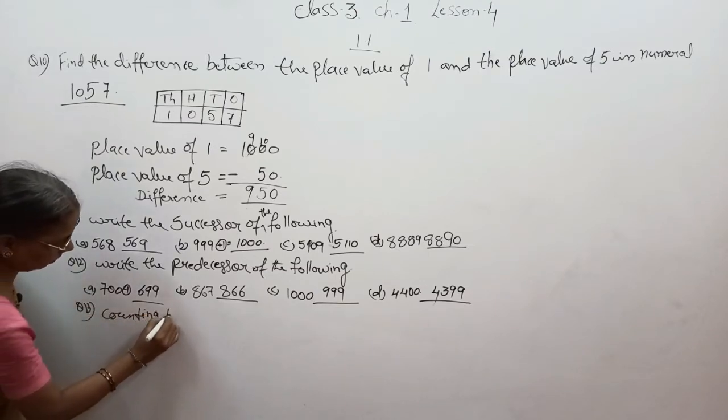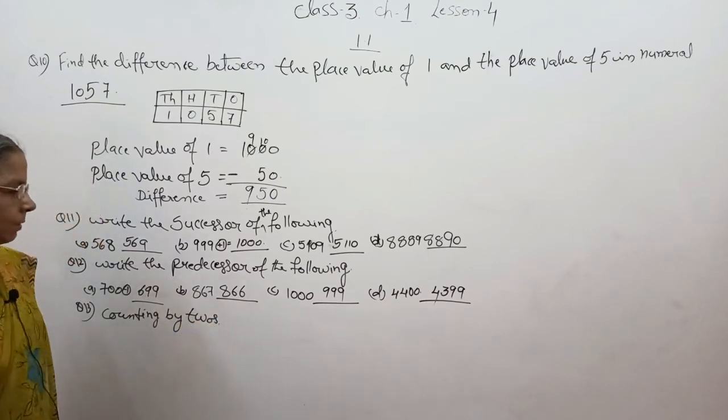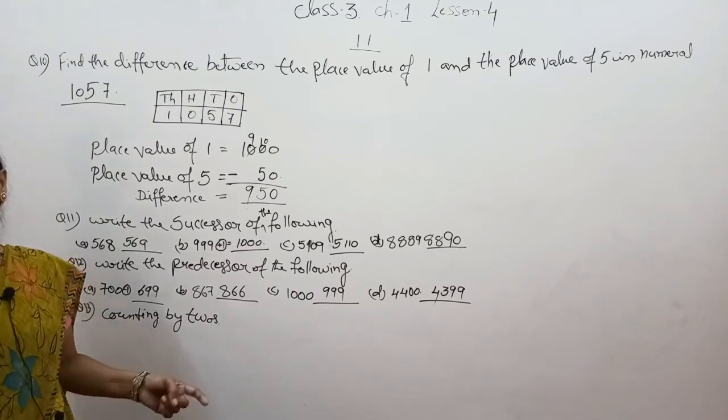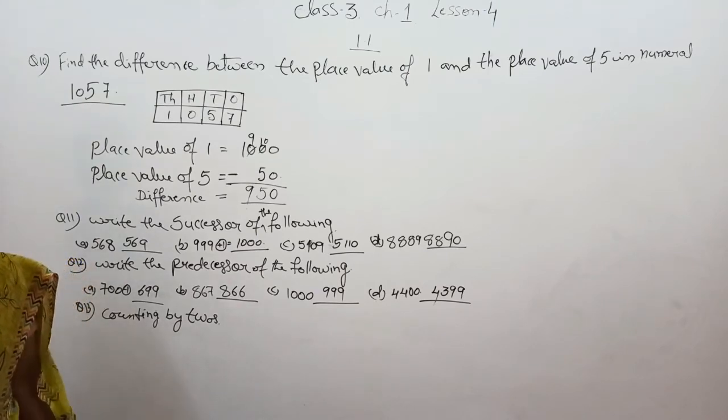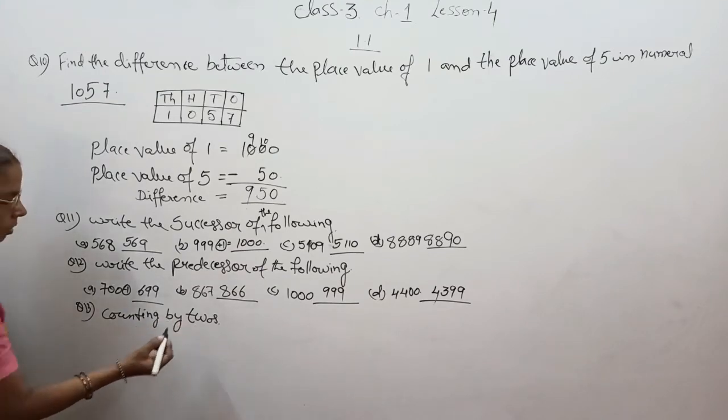Counting by twos. जैसे मैंने लास्ट क्लास में बताया था काउंटिंग कैसे करना है. 2s, 5s, 10s, 15s, 20s, 50s, 100s. तो उस पोर्शन में यहाँ पे दिया हुआ है काउंटिंग बाय टूस. तो पहला क्वेश्चन है,